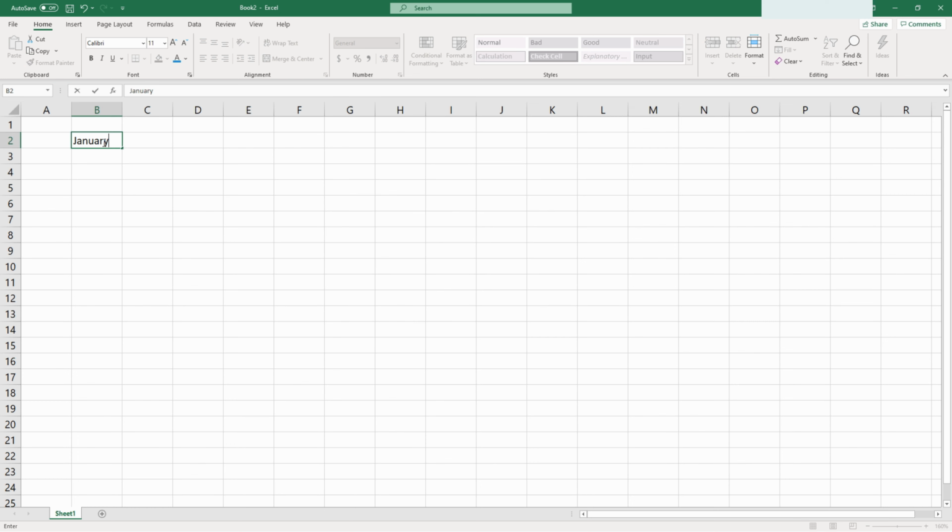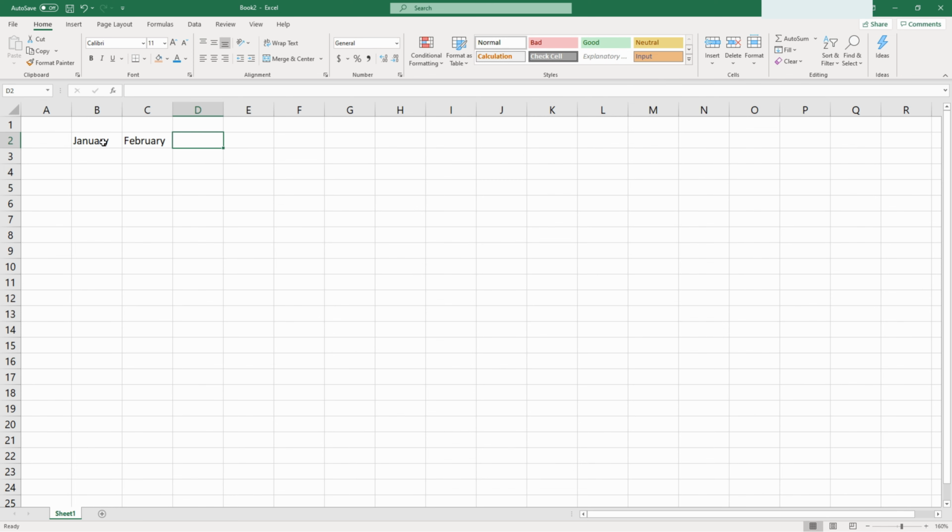Once we have finished typing a word, we can either hit enter, which will take us to the cell below the current cell, or we can hit tab to take us to the cell to the right of the current cell. If we ever want to go backwards, you can also hold down the Shift key and then also hit Tab. It's basically telling the system to do a backwards tab entry. Now I'm going to hit Tab again to get to the next cell, and I am going to type in the word February